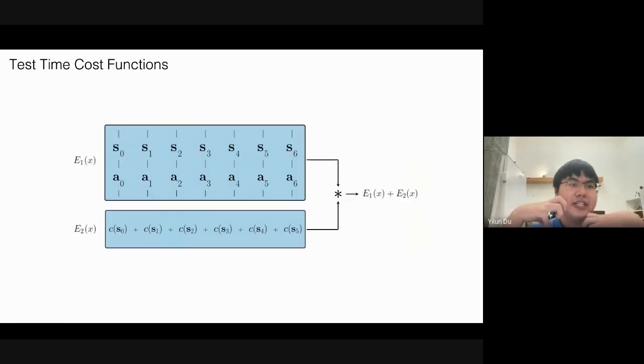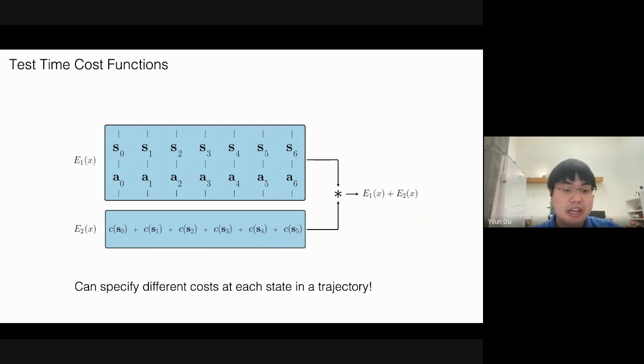And another interesting thing you can do is you can have one energy function represent a trajectory, and you can have a second energy function represent a cost function. Basically, something that describes an aspect of the state you would like to have, and you can add these separate energy functions together. And the idea here is that this is really an analog to trajectory optimization, where this energy function here is just like the normal cost functions you use in trajectory optimization.